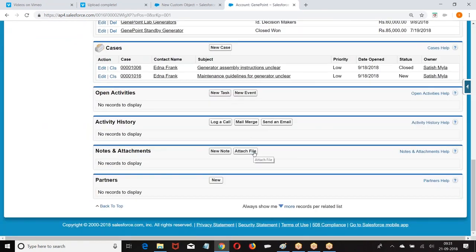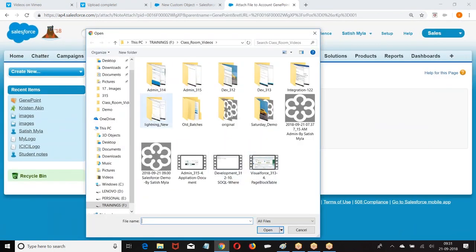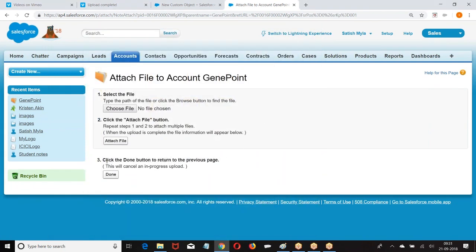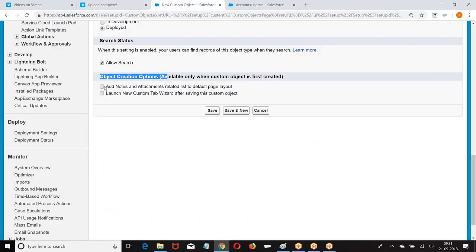Let us say the invoice that I sent to this guy, I want to store it. If you want to attach any files, or you want to write any notes, we require notes and attachments. If I enable this option, it will add notes and attachments to the object.